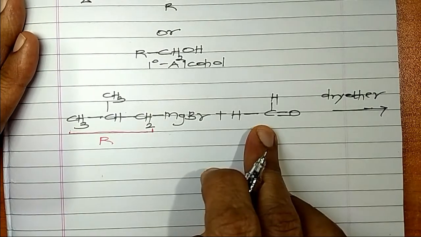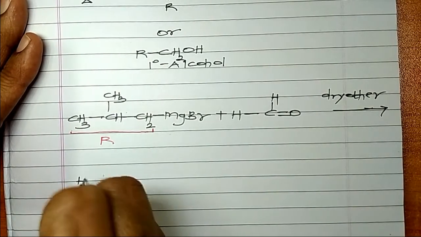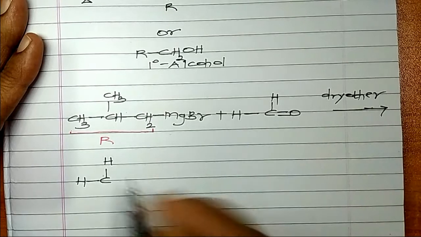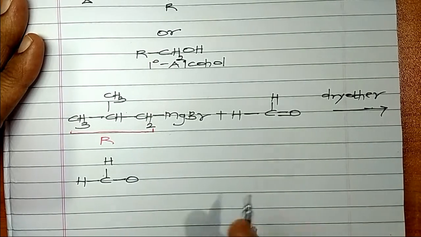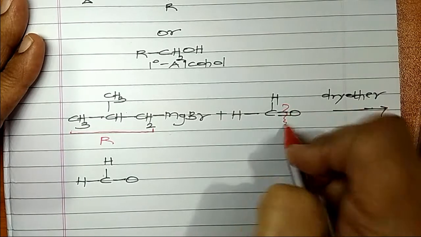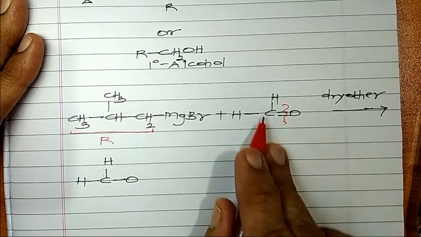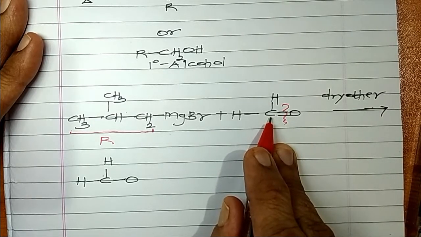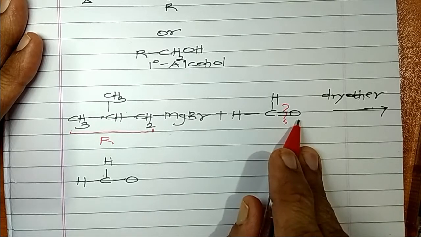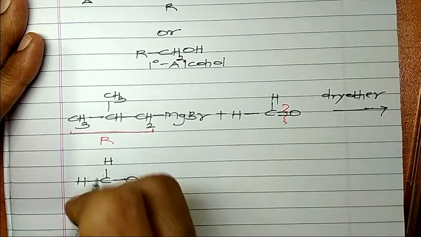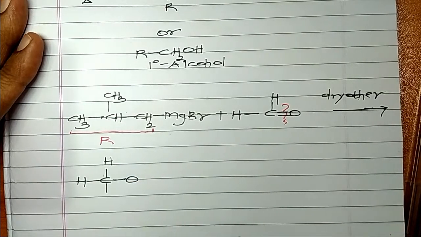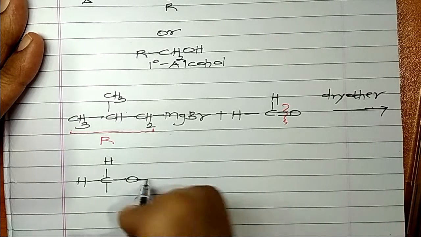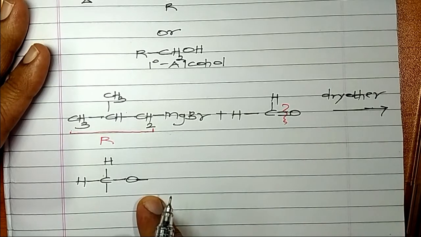Now, you remember what I did to this compound? I wrote H, I wrote C, I wrote H. That double bond O, I made it a single bond O. So the reaction takes place across this double bond. You break that double bond. This group is your carbonyl group, and this carbon is called the carbonyl carbon. Now you have a chain here on this carbon atom. Now oxygen, you know the valence is 1 right now, but oxygen's valency should be 2, no? So you put a bond here.